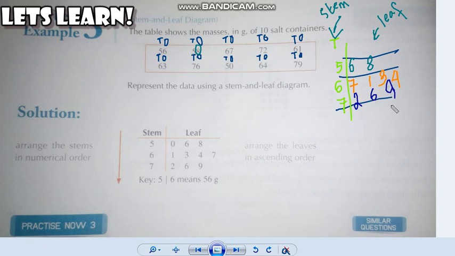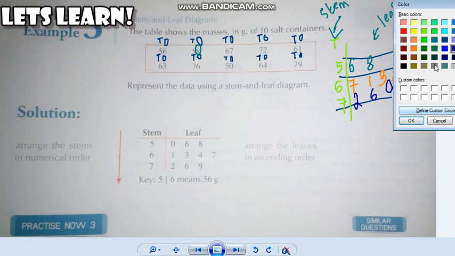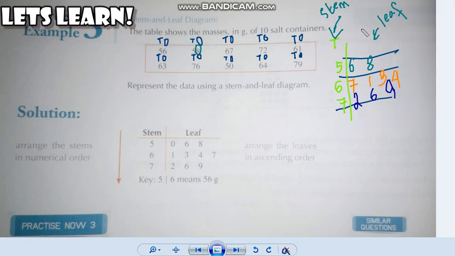So now my question is, is this way of arranging data correct? Pause the video, observe it and let me know. Yes, I hope everyone has paused the video and observed it. So if you see here, the first row of stem and leaf is basically correct because 6 is smaller and 8 is big. But there is a problem in the second row. If you see, 7 is the biggest number amongst all the 4 leaves,